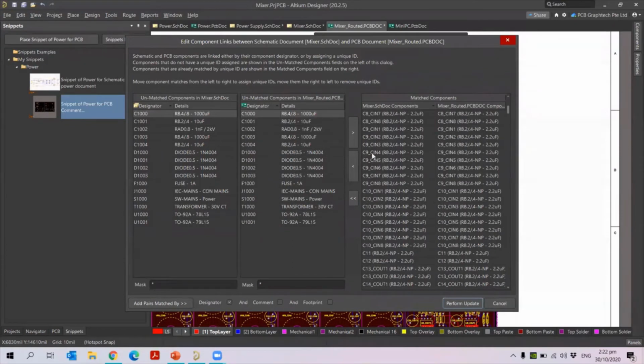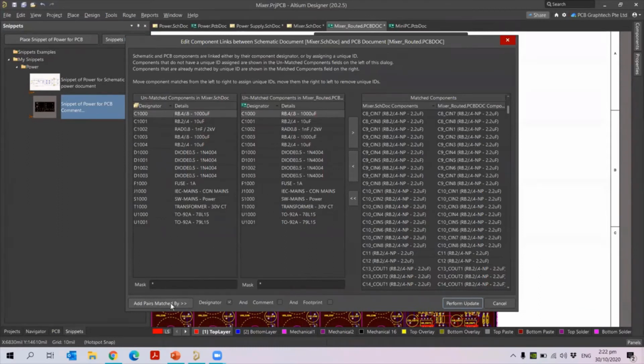To combine it, we can use the designator or the comment and footprint. You can do it either way, but in my case I'm doing it based on the designators. So I just click on Add Pairs Matched By. The matching pairs will be moved to the matched components.